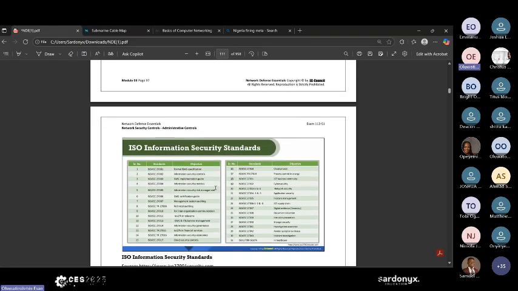Then we have the ISO series, right? Like I told you, most people go for ISO 27001. That's the formal ISMS specification. We have the auditing, we have the implementer. So some of you, when you go to GRC, you learn more about this. We have for network security, we have for cyber security, we have for business continuity, we have for risk management, we have for incident response, ISO 27005, we have 27035 incident management, and so on and so forth. And also we have 27799 in healthcare.